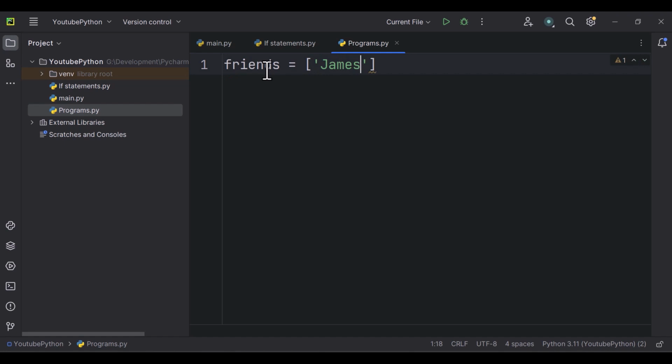So if I had James, that's my friend number 1, then another friend maybe Alan, then Ahmed, and lastly maybe Joanna is my friend. So I have a list of 4 friends. Now what a list helps you with is that it helps you save all these names in a single variable. Otherwise, if you wanted to store them without lists,